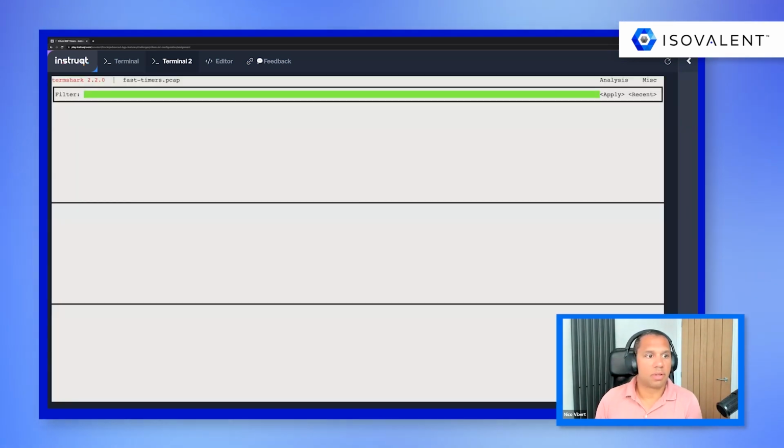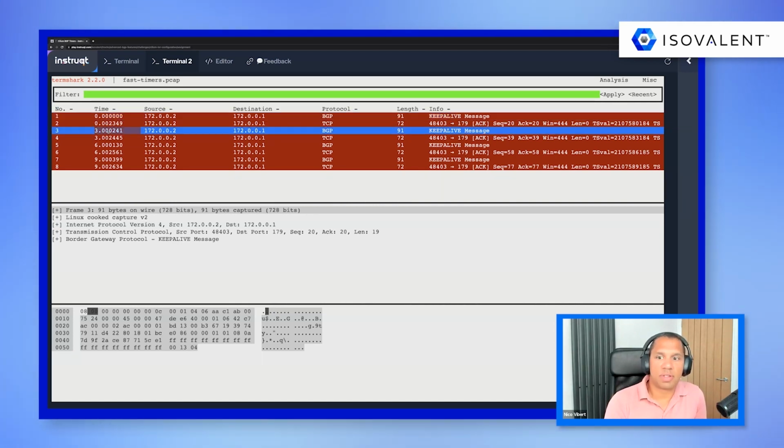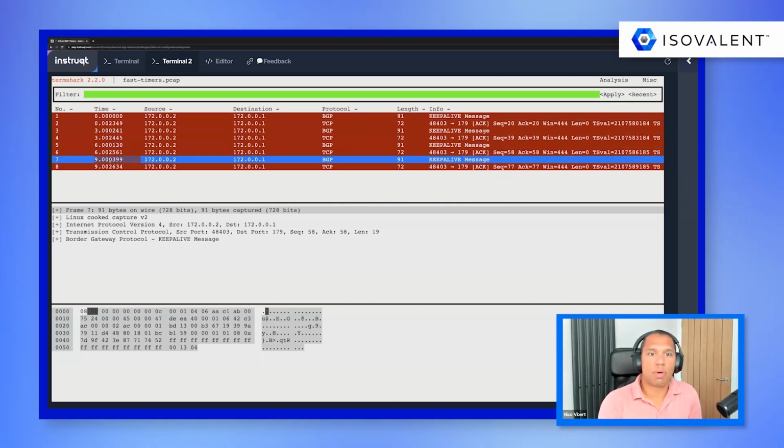And let's go into Termshark. And as you can see, if we look at our keep alive messages, they are sent every 3 seconds, which again is just a way for us to understand that our peers are still healthy, and to let our peer know that we, as a BGP node, are still healthy.